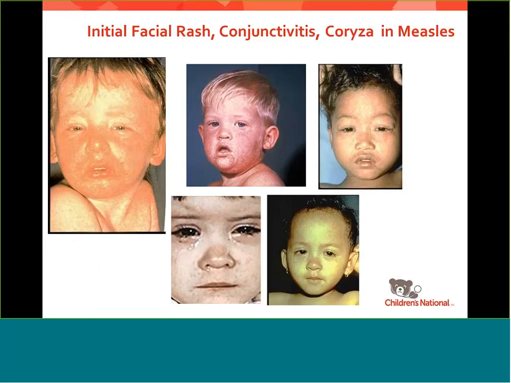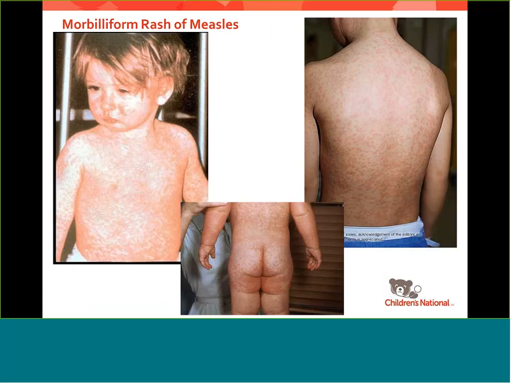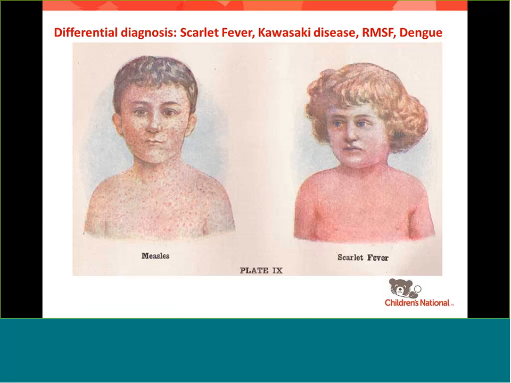And then I've got some other great slides here. Thank you very much to Dr. Roberta DiBiase, who sent me her slides from a previous talk that she had given on measles. So you can see here the many faces of the rash, conjunctivitis, and coryza that we see with measles. Remember, we have those 3 C's, so cough, conjunctivitis, and coryza. And then a few more pictures of the classic rash that we see with measles as well, the morbilliform rash.